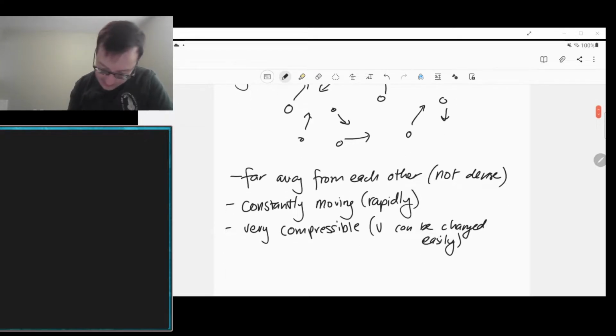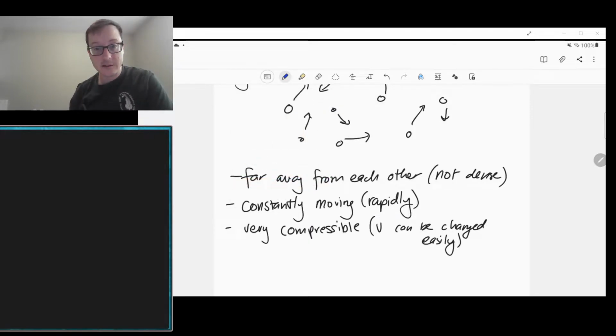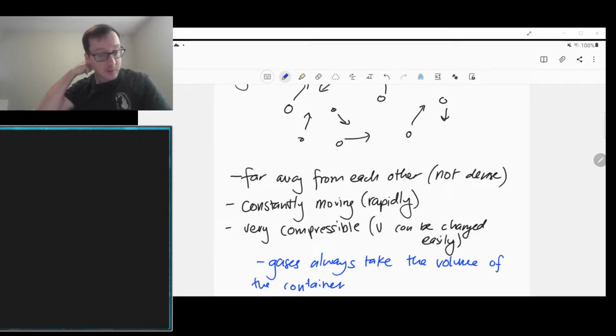And we know this because gases will always expand to fill whatever container they're in. Whether that container is a balloon, a gas tank, your lungs, a jar, whatever, any sort of container that we have a gas in, the gases will always assume the volume